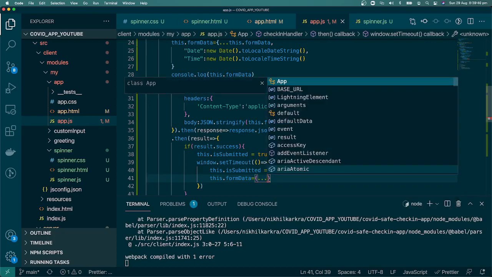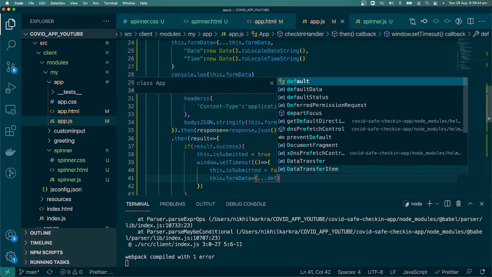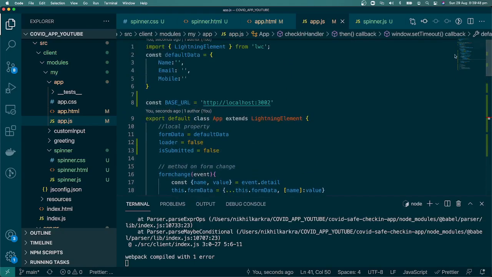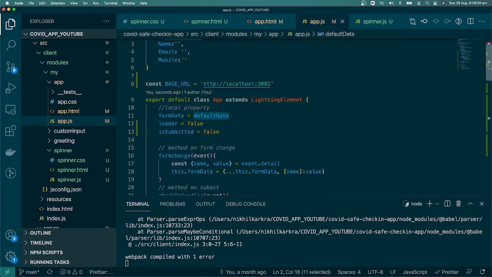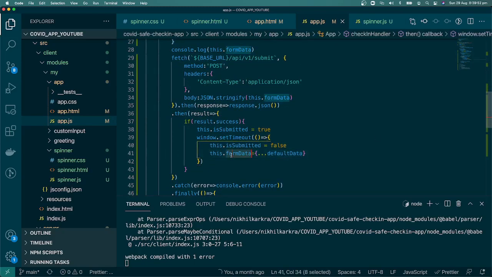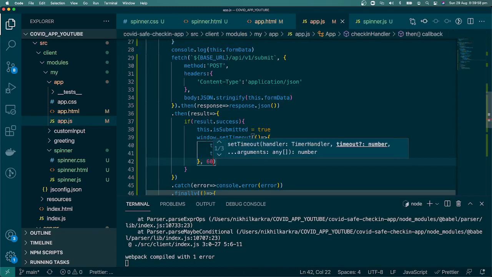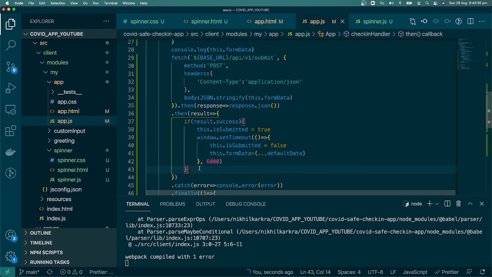I'll just want to set default data. So once the user submitted the form, just reset the form data to this default data. That's what we are resetting here, and this should get triggered after 6 seconds maybe. We are giving some 6 seconds here,